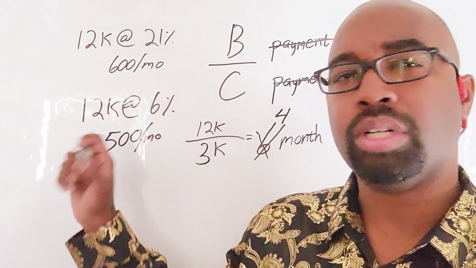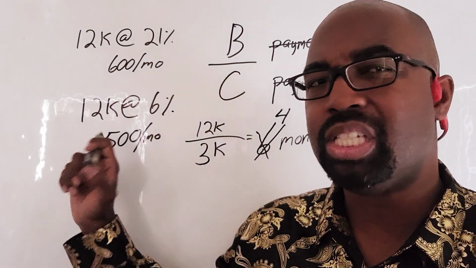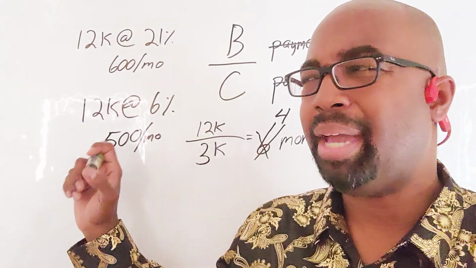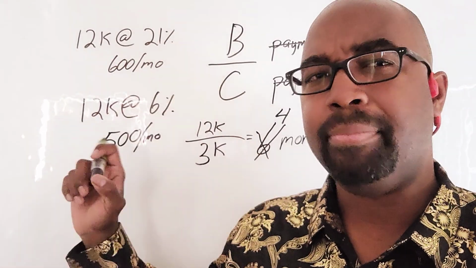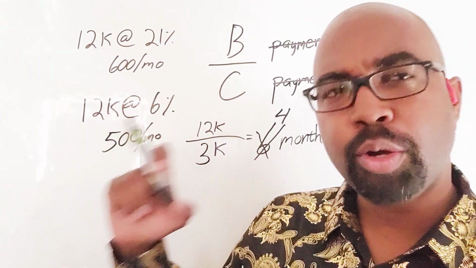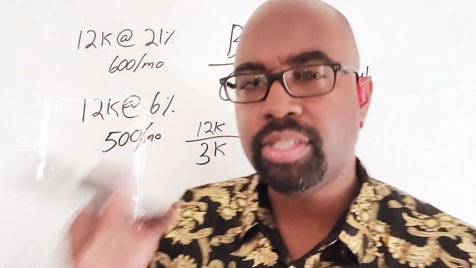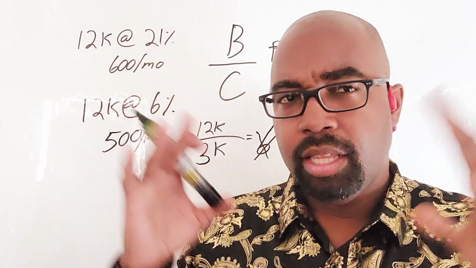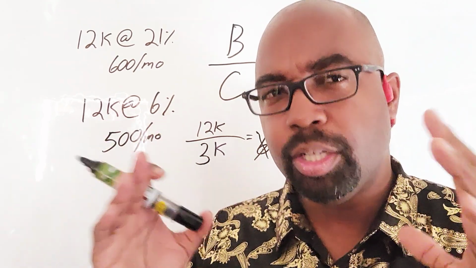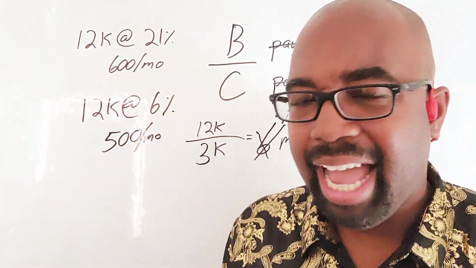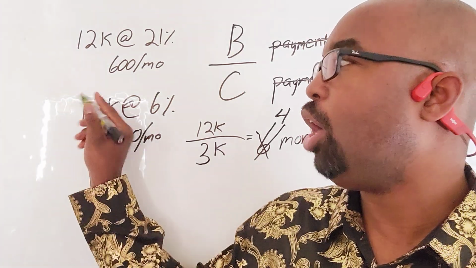I no longer want this cash flow sucking parasite on my books. So I think I'm going to take my $12,000, now that I paid the line of credit all up, and I actually want to turn this loan